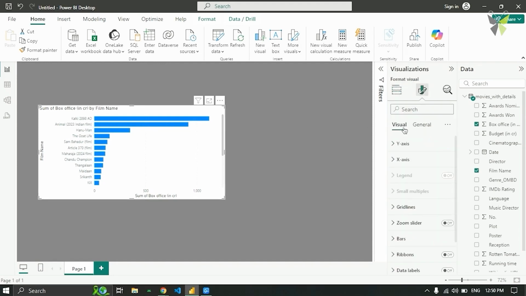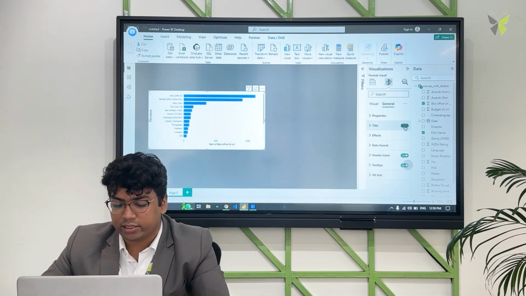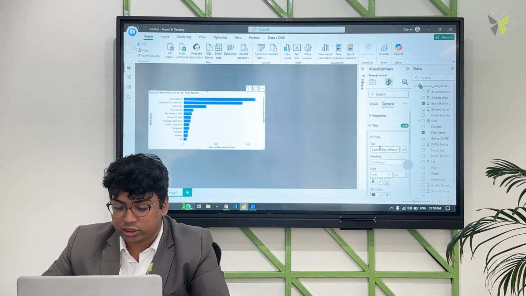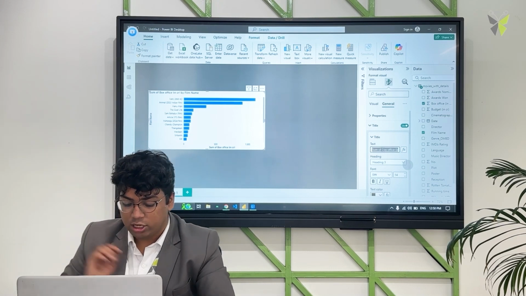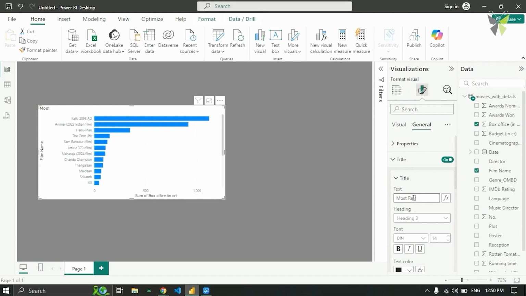Now in format your visual, you will find two options: visual and general. Visual changes as you change the chart. General will remain the same throughout, whichever chart you are creating. So for example, a simple title is there. If I don't want that title, I can turn it off. If I want it again, I can turn it on. If I want to change the title, I can go inside this title and change it, like "most revenue generating films",